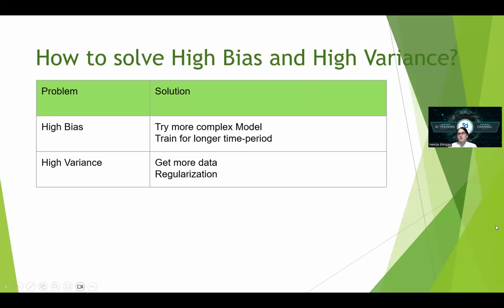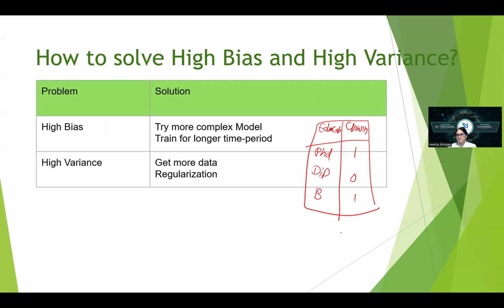Okay, so how are you going to solve high bias and high variance? If your model is high biased, this means we need to try a more complex model. Why? Because, for example, if you have the house sale price data set, or we can consider customer churn, right? Here there is one field, we can take education. It can be any feature, I'm just taking a dummy example. So this is PhD, this is diploma, and this is bachelor. So you want to predict whether the customer will churn or not. It can be the income column too. I'm just assuming it. So if I'm applying linear regression here,